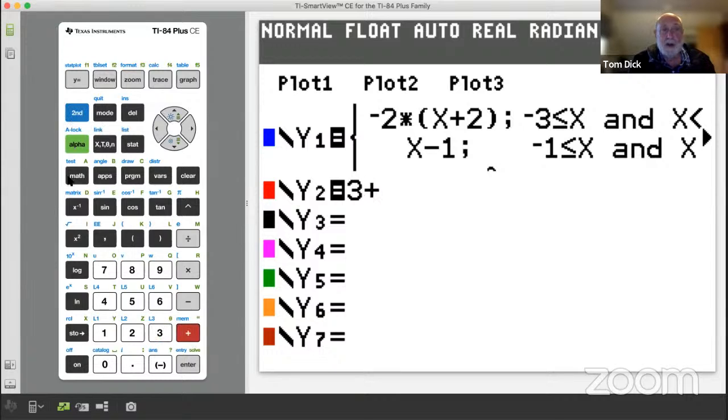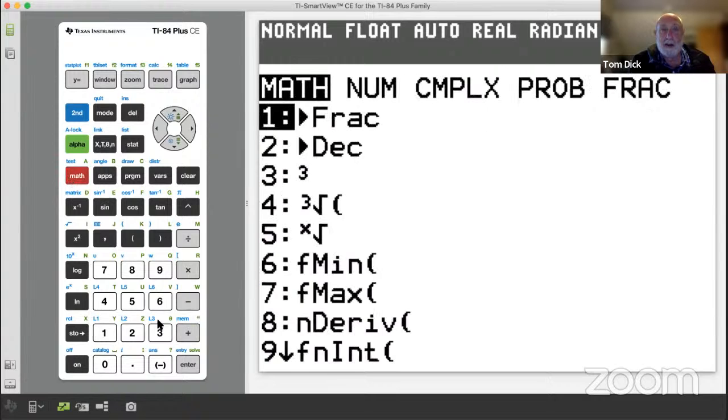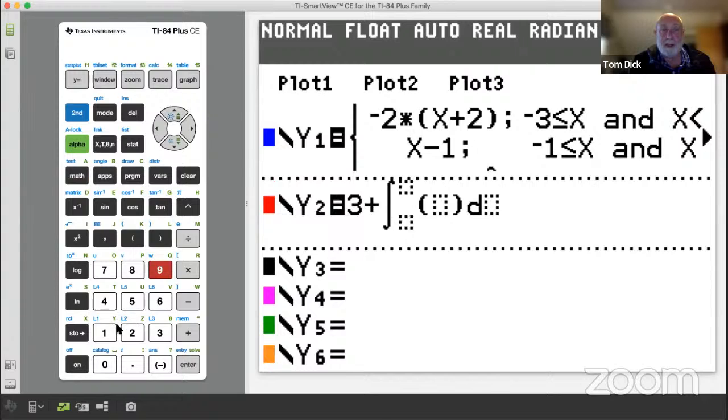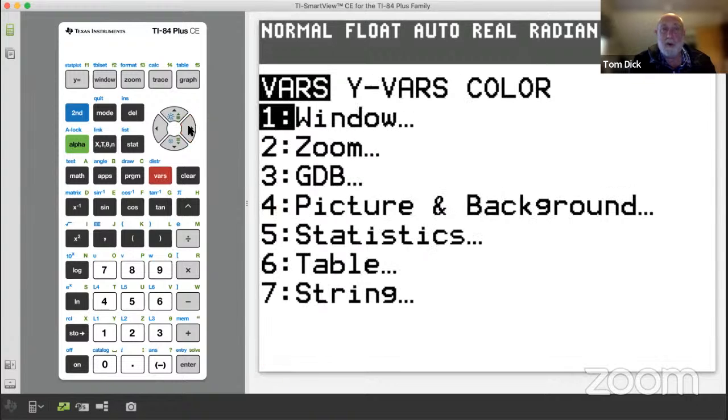And for that, I'll go to the math menu, and down there at number 9 is integral. And we get this nice integral template. And the integral was from 1 up to x. And I don't have to type all this in again. I've got it stored there in Y1. So I can go to my Y variables